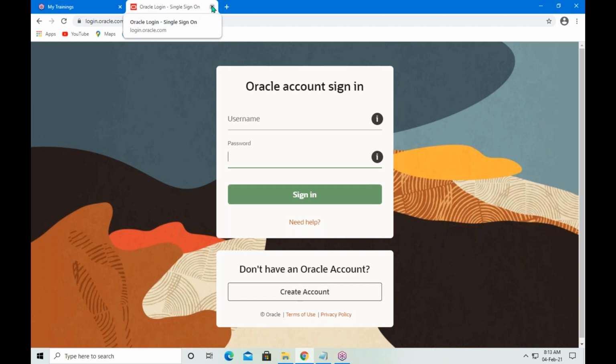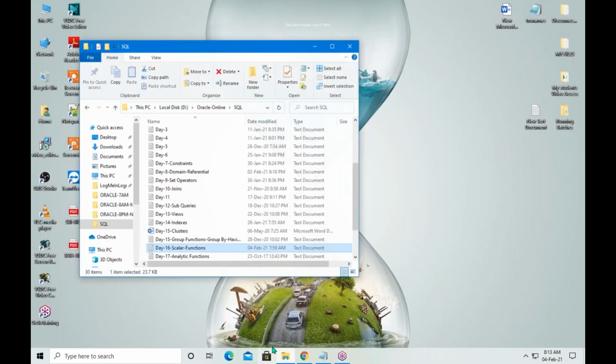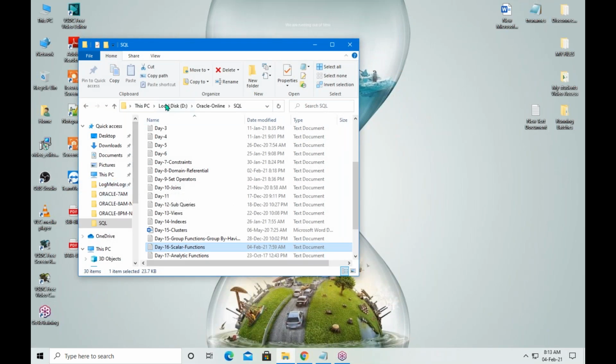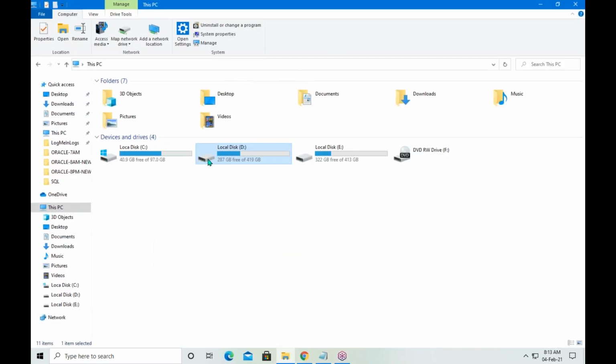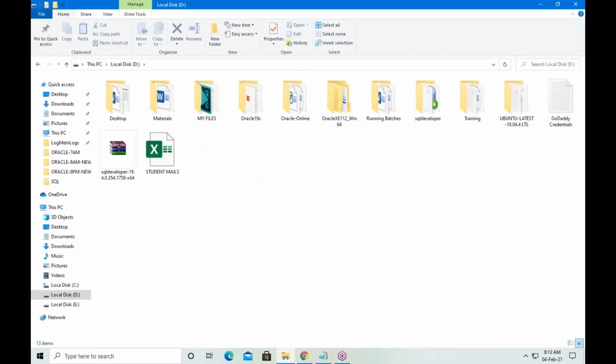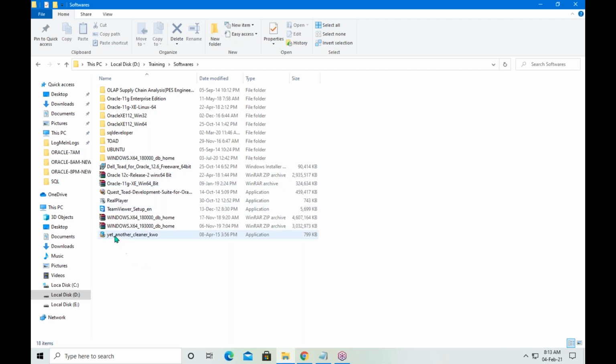Once downloaded, what kind of file you can see? Once you have downloaded Oracle database, you can see the folder like this. So let me show you here. This one, last but one.